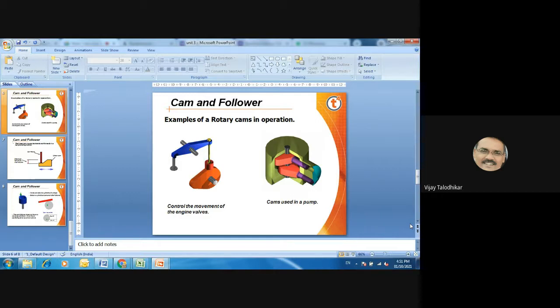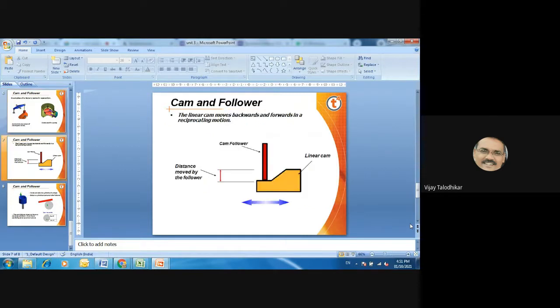The same way in pumps, to feed the oil, to blow the oil, to suck the oil, the operation of the pump has to be controlled by means of the cam follower mechanism. And this is the generic example where cam follower mechanisms are used.